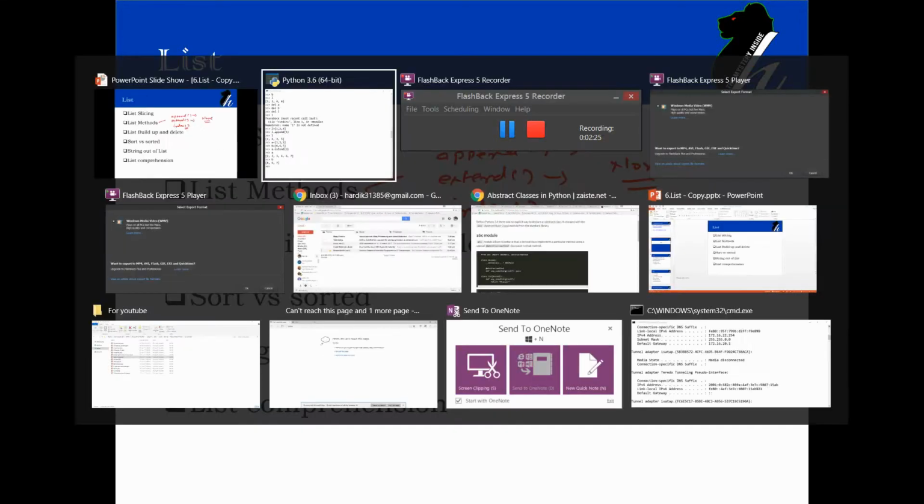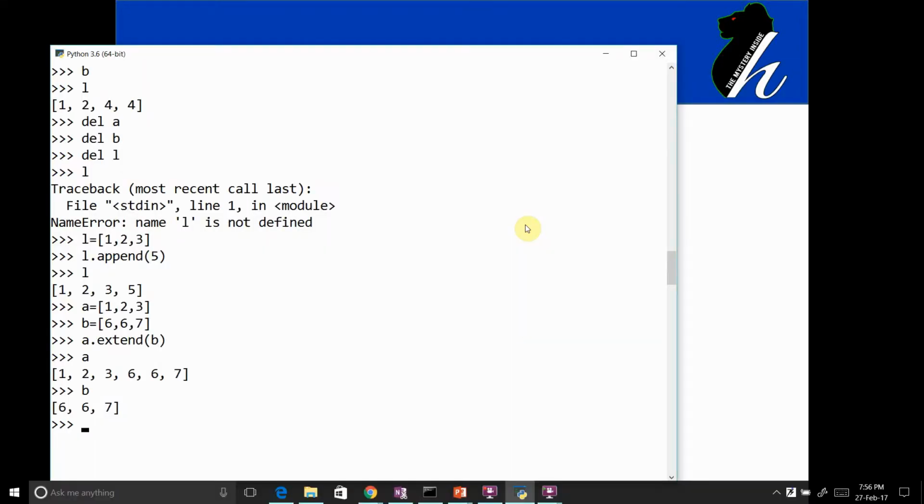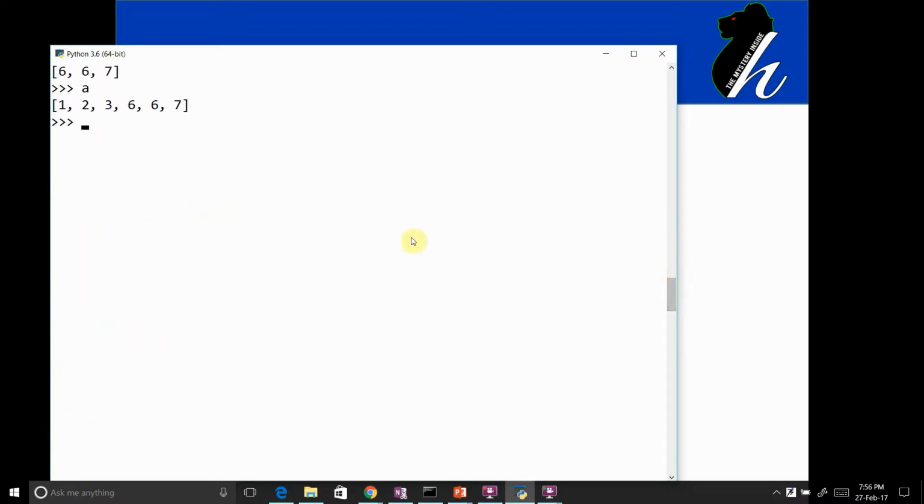So basically, let me demonstrate the same. If I have got some list A that contains some items, let's say A dot index, and I wanted to print the index of 3. So the index of 3 is 2. For example, index of 6. It would print the first occurrence of the index. So that is 0, 1, 2 and 3 for this 6.